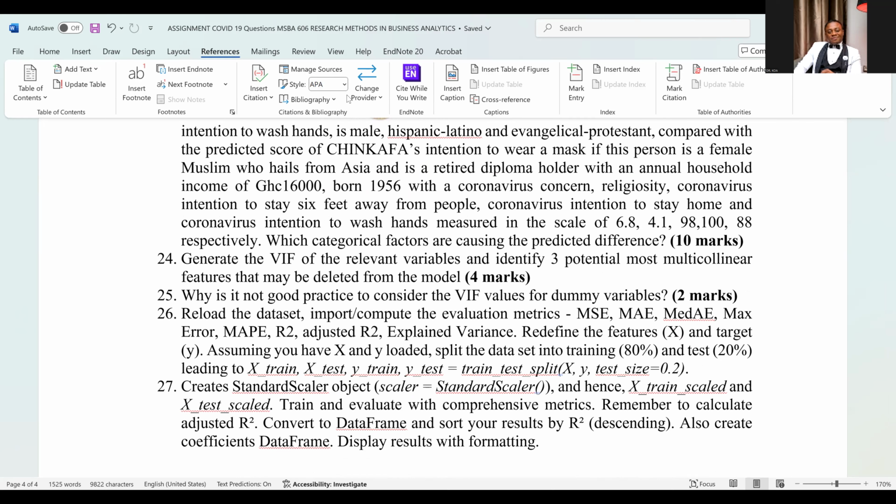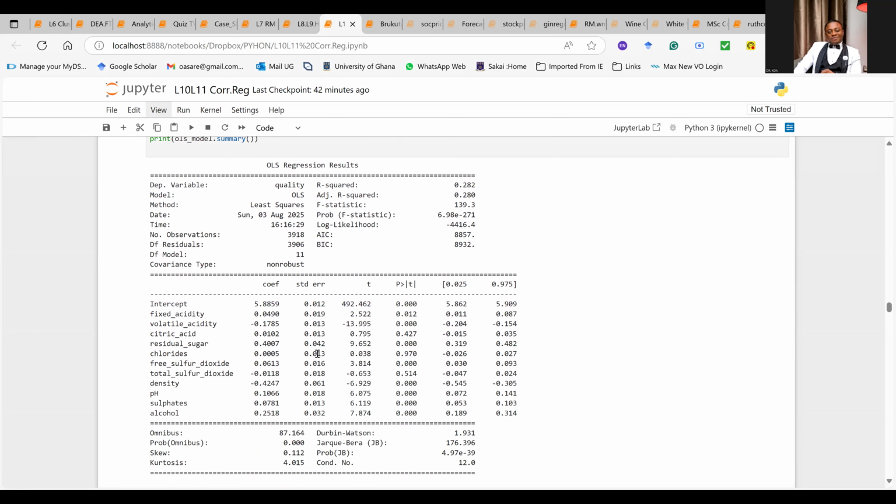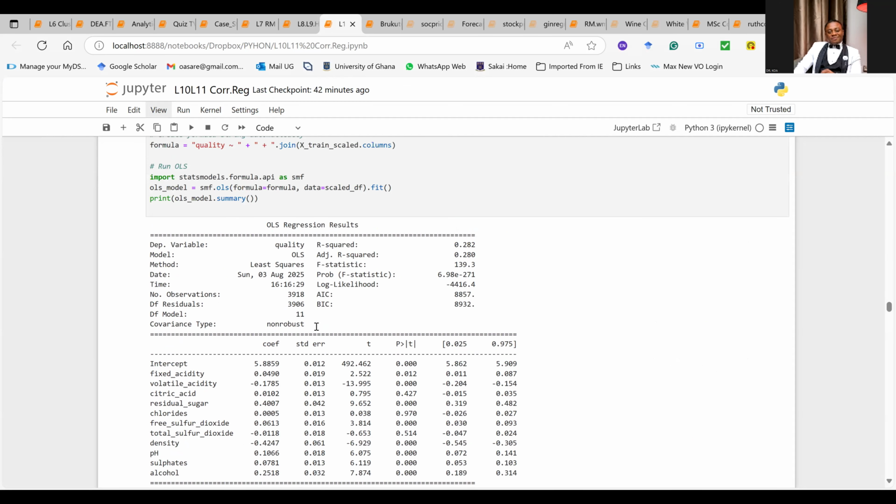Ladies and gentlemen, we are ready now to begin the lecture for today, unless you have a question on the assignment. So the last time we were able to generate this result, and then we went through answering some questions. This is the quality wine data set. Like I said, you should have a book and a pen. Some of you say that, oh, I'll watch the video again. Trust me, sometimes watching the video, you will not get much information than now, because now if you listen more, you'll be able to ask questions and then get them addressed.